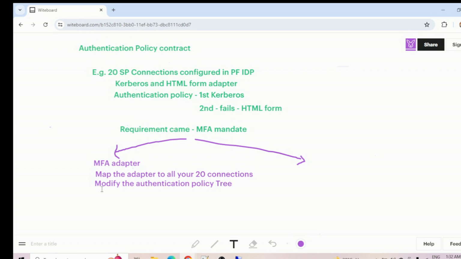In the policy tree you just need to modify the authentication policy tree. At first we had Kerberos and HTML form only, but now once the Kerberos or HTML form cycle completes, it will land on the MFA option for the multi-factor authentication. That is one way, right? And again, I'll say it's not a good way, it's a legacy way. But this is one way people are doing in the industry. The good way, or the best way I'll say,